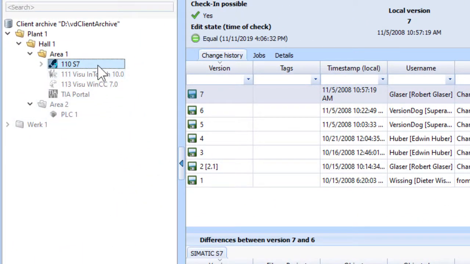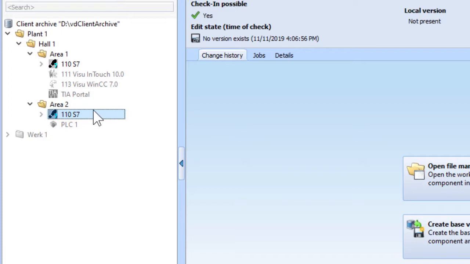There we go. Now let's go back to our Windows Explorer logic, and I want to move this component from here, from this folder area 1 into this folder area 2. So click on, move, all looks good so far. Let go. Now we've got two, the old location and the new location,